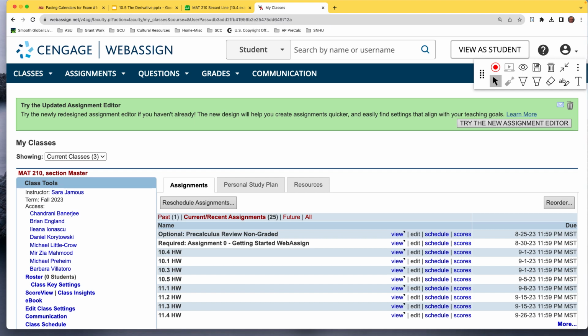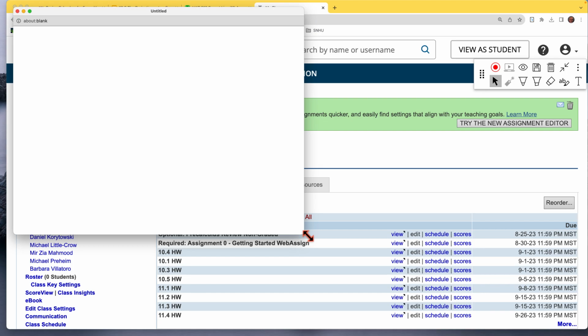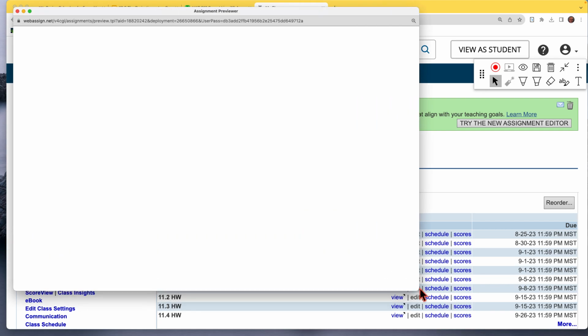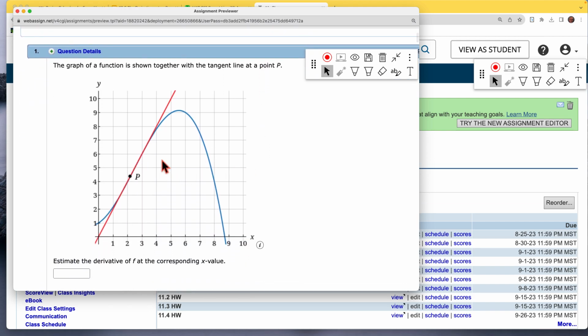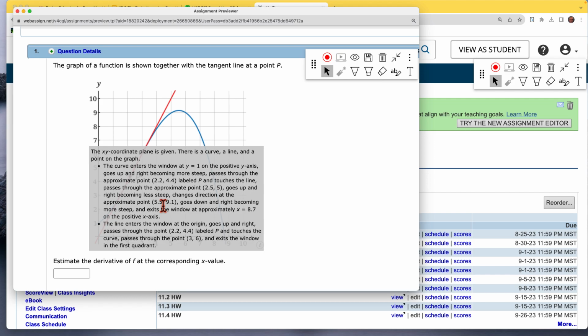The problem is if you use y2 and x1, that's what I typically do, and that's where I mess up. See, we're in 10.5, so I'll do a preview. Like this one, they give you the graph of the function, they give you the tangent line, they want you to estimate it. Just click on it, and notice it gives you all the information. You don't have to read all of this. What I find is it talks about the line here and the curve up here. We don't want the curve, we want the tangent line, and it gives us a point,